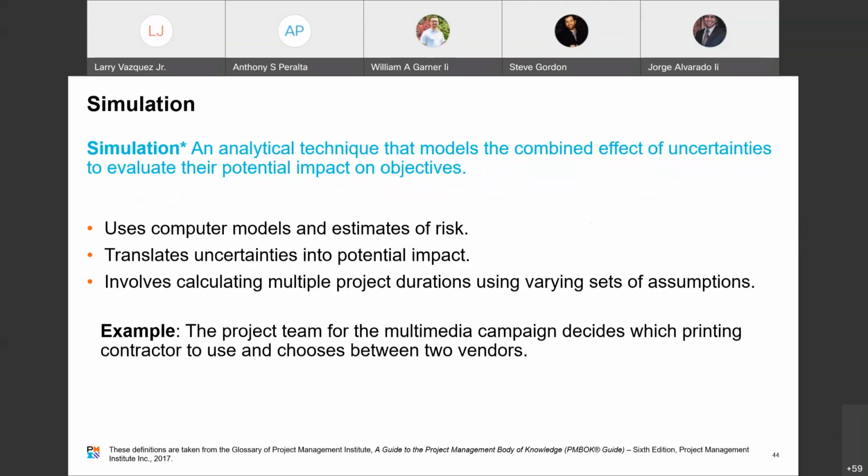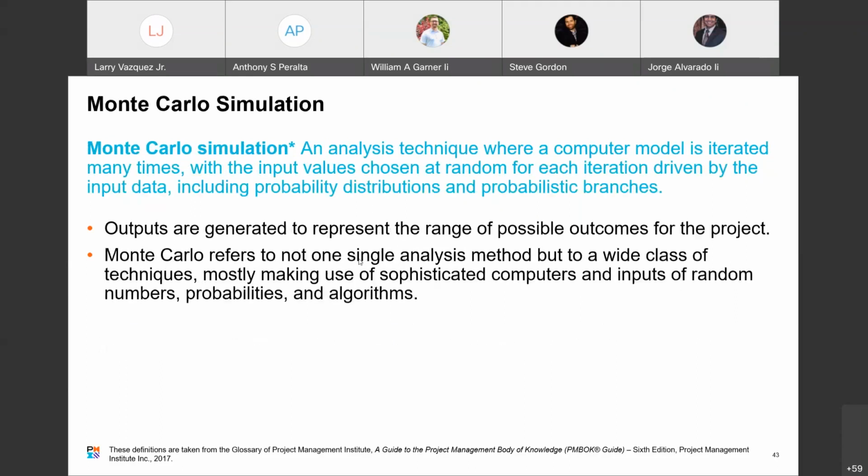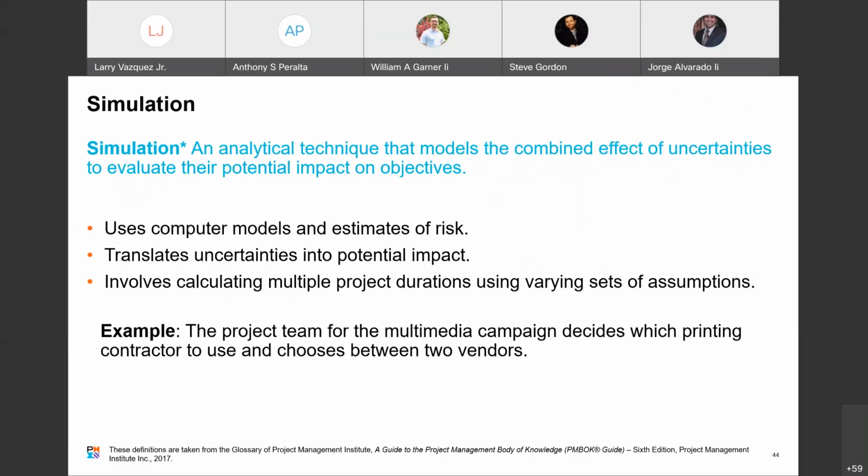Simulation is a technique that uses computer models and estimates of risk to translate uncertainties. Listen, by the way, simulation and Monte Carlo simulation are not manual paper and pen things. They're very sophisticated programs. Actually, I think Excel does both of these, simulation and Monte Carlo simulation. This isn't something that you would have a formula for. It would be impossible to do this. So just know that there are software programs, most immediately available would be Excel, to run these.